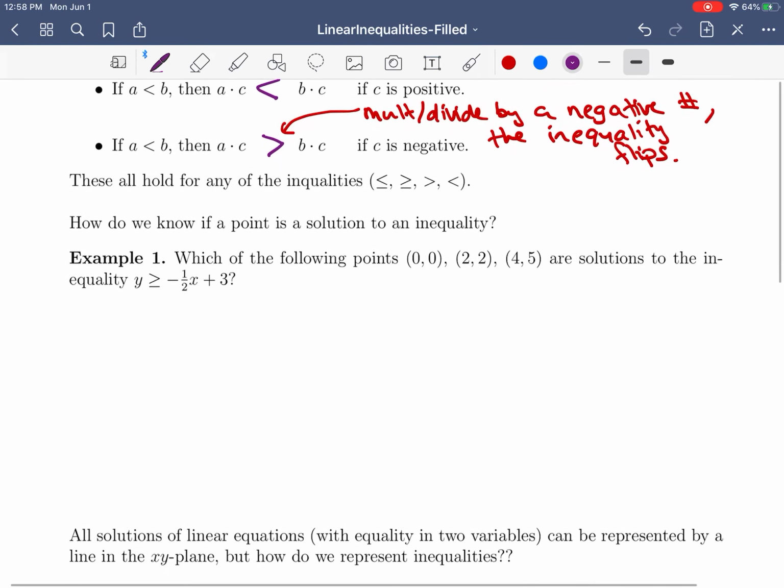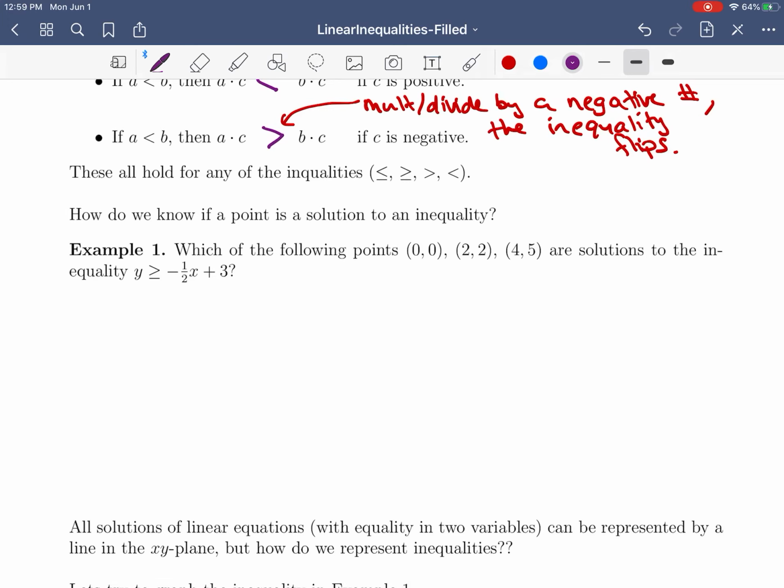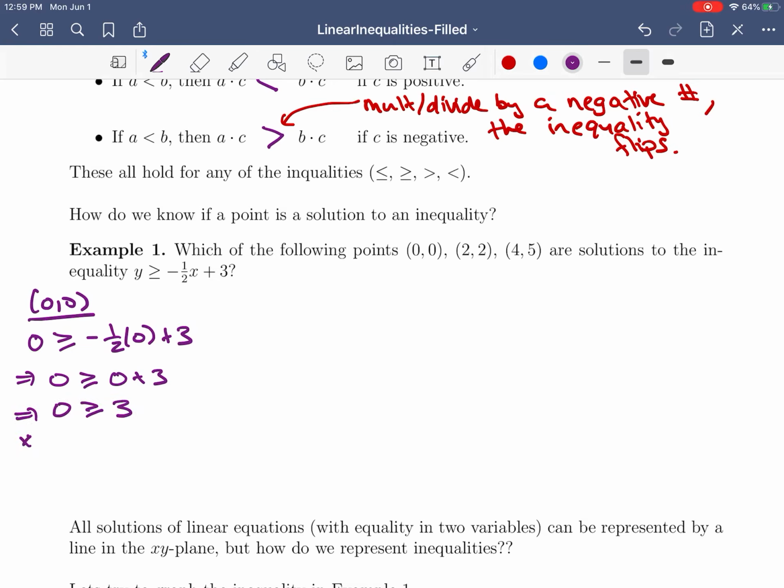So how do we know if a point is a solution to an inequality? Well, when we had equality, so lines, we just plugged in the point. We're going to do the exact same thing here. So I'm going to plug in these 3 points into this inequality. So the point 0, 0. I'm going to have 0 is bigger than or equal to negative 1/2 times 0 plus 3. So if I simplify, that means 0 is bigger than or equal to 0 plus 3, which means that 0 is bigger than or equal to 3. This is not true. 0 is strictly less than 3. So that means that 0, 0 is not a solution